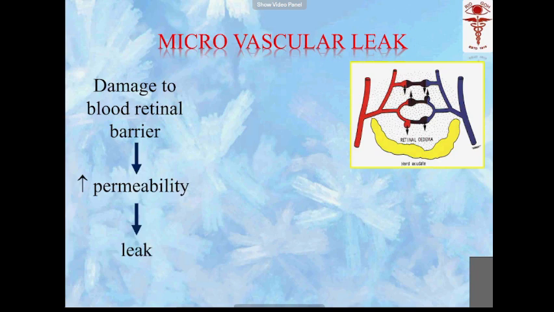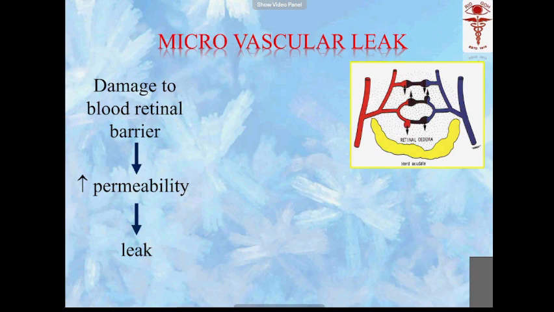This leak is what we see clinically as macular edema. They will accumulate as hard exudates. The fluid part will get absorbed back and the proteins will deposit in the retinal layers as hard exudate. There is one more thing called a soft exudate that will be fluffy. The hard exudate will be discrete, and that is accumulating in the nerve fiber layer, and the soft exudate is mainly because of the ischemia, whereas hard exudate is mainly because of the leakage. This is the question they commonly ask you in the exam: how will you differentiate between a hard exudate and a soft exudate?